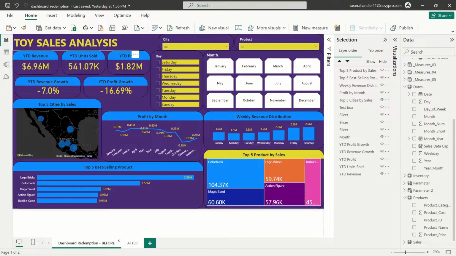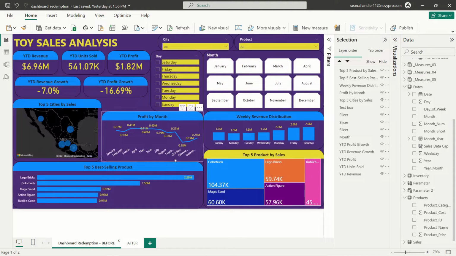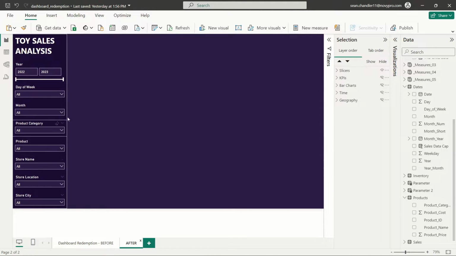Because I do that a lot, and I think I've done that on several dashboard redemptions, I decided let's go ahead and keep our title and all of our slicers over here on the left. I wanted to demonstrate that just by making smart design choices and keeping everything evenly spaced out, I'm showing a lot more slicers than we had in the original report here. Just by making them all drop downs, I'm able to include more than twice the number of slicers, or maybe exactly twice the number of slicers it is, and my title in a much, much smaller